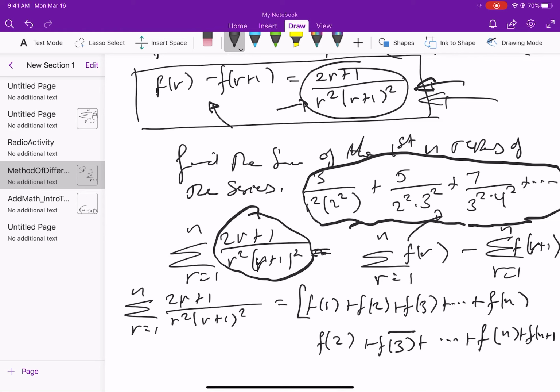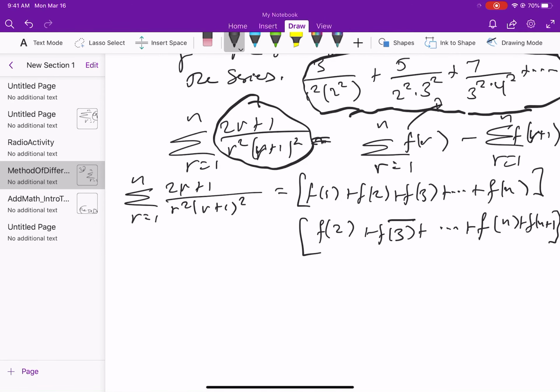If you take the difference between these two guys,